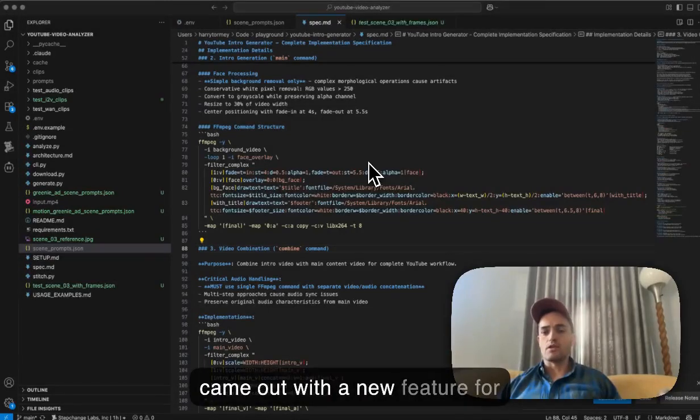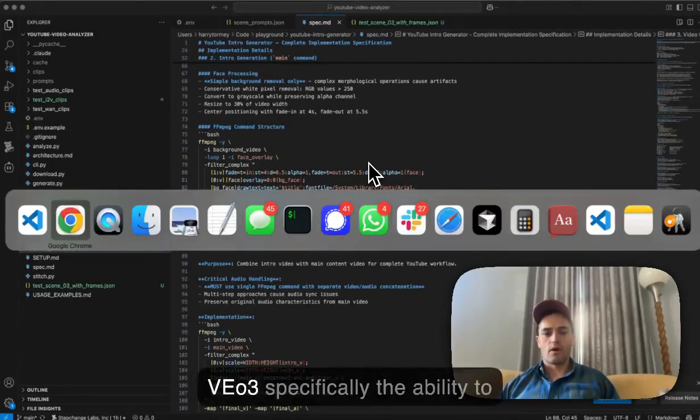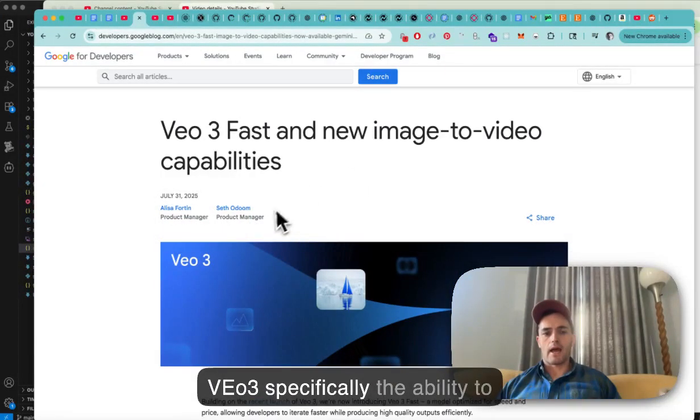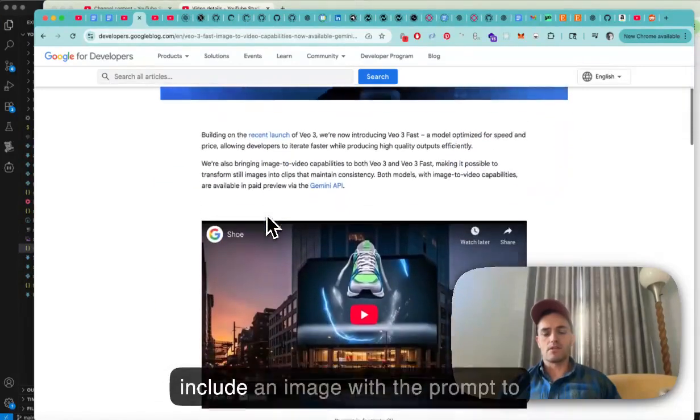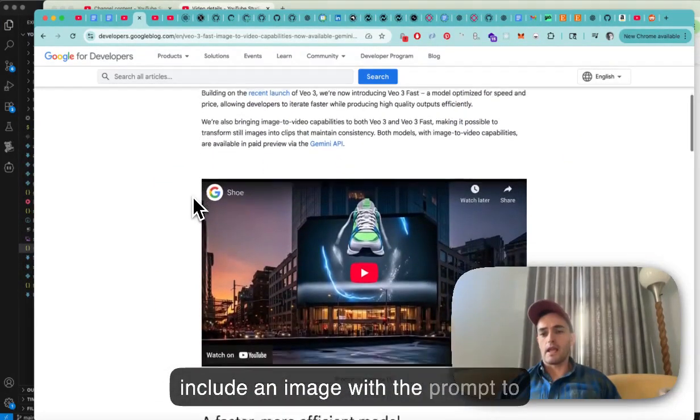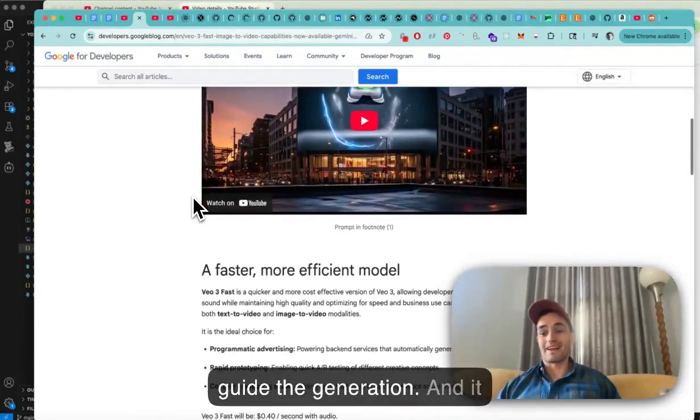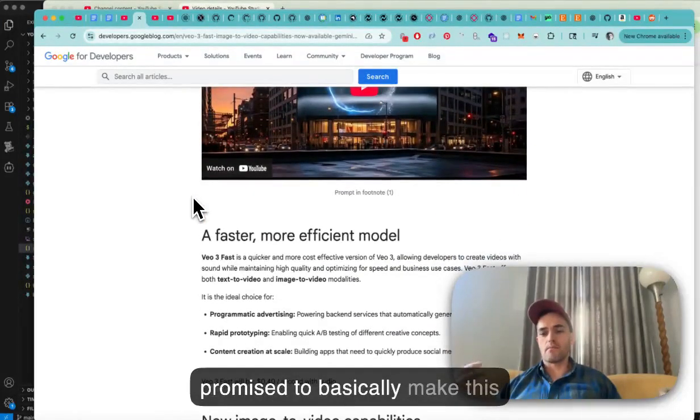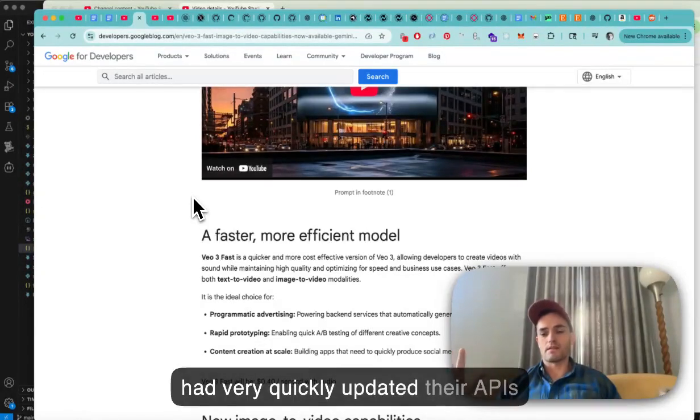come out with a new feature for VO3, specifically the ability to include an image with the prompt to guide the generation. And it promised to basically make this process a lot more consistent. So this had just come out, and fal.ai had very quickly updated their APIs to allow us to pass an